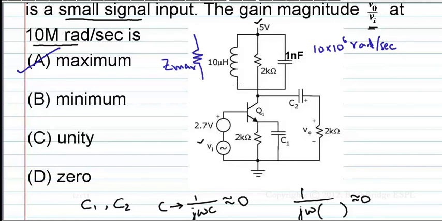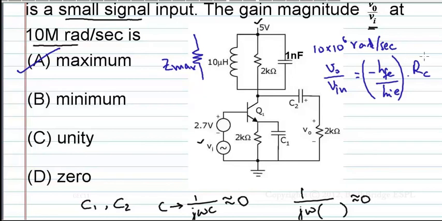And this is a common emitter circuit. If you know it, for a common emitter circuit, V output by V input equals minus h of fe by h of ie into RC. Here RC is the collector resistance, that is here. That is equal to Z max. So here it is the maximum value we are getting. Therefore this product in magnitude will be the maximum output. Therefore V output by V input is maximum. Just by knowing the results also we can solve.